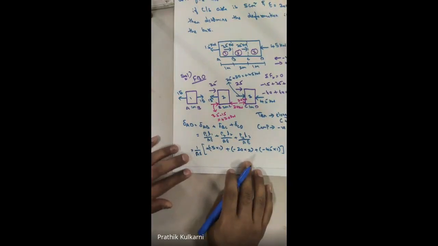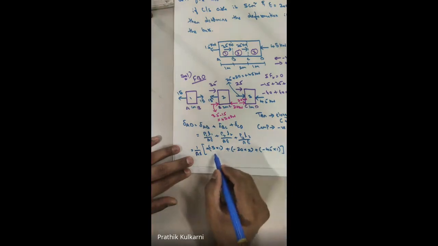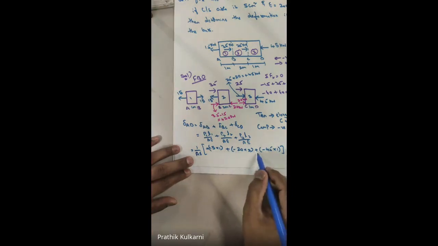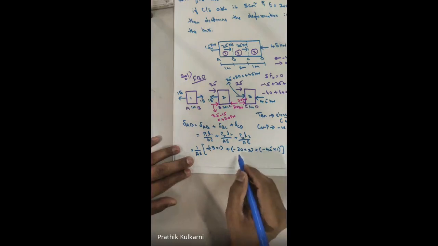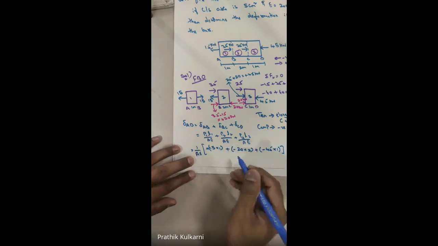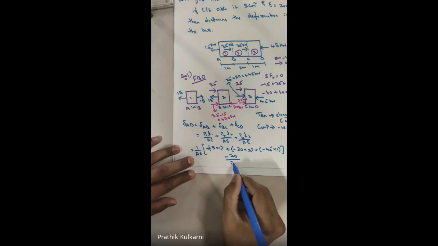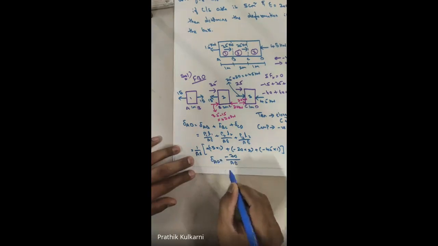Yes, is it visible everyone? So yes, if you just add everything, so 15 plus 20 into 2 is 40, like minus 40 minus 45. Yes or no? So you add all that. So कितना आता है आपको? Minus 45 minus 40 is minus 85, minus 85 plus 15. So you will be getting it as minus 70 by AE. This is my deformation of AD complete.